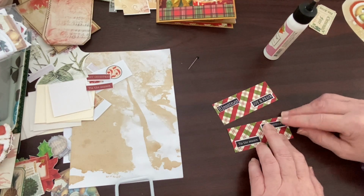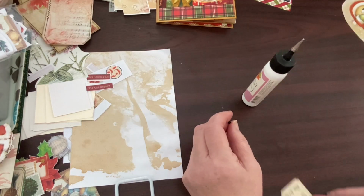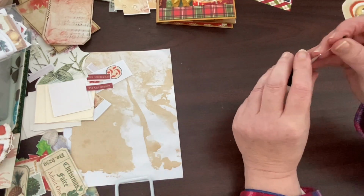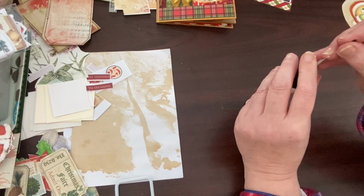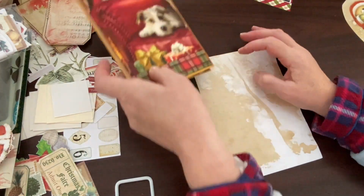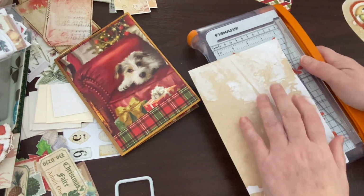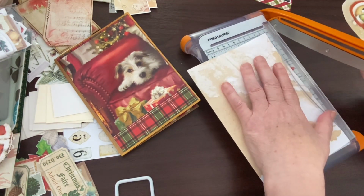Okay, I'll let them dry before I give them a bit of a cut. But I think that's a bit more ephemera. I think we're about there with sewing the signature together. So just need this piece of coffee dyed in it. I need my chomper back again. Now I think we were about